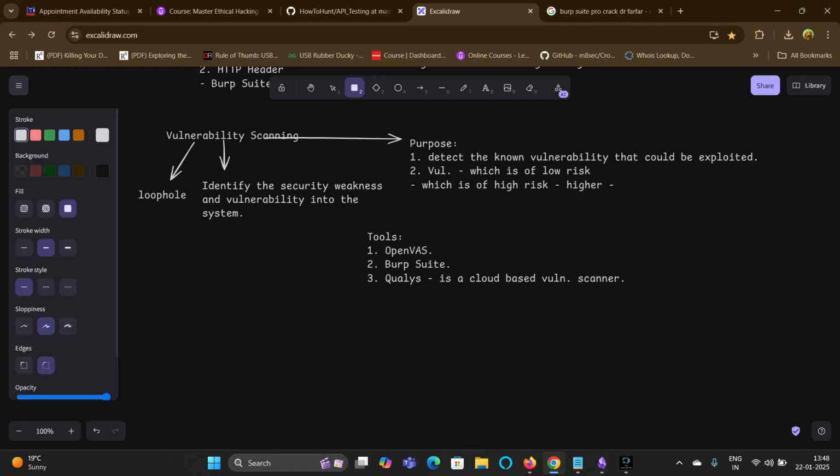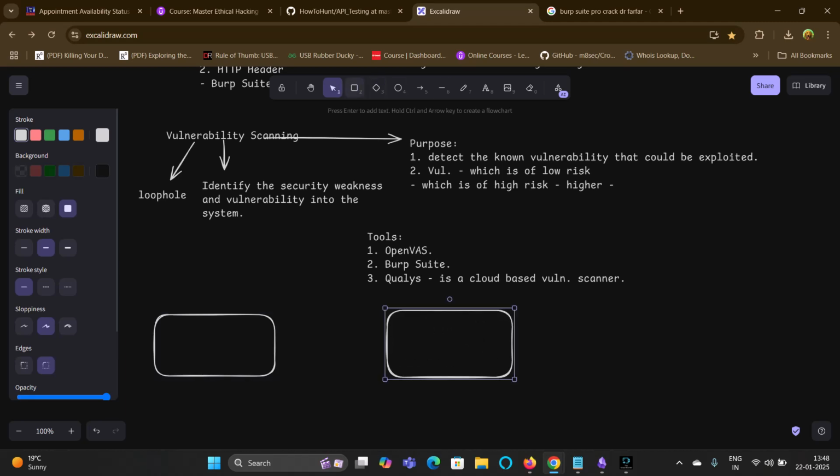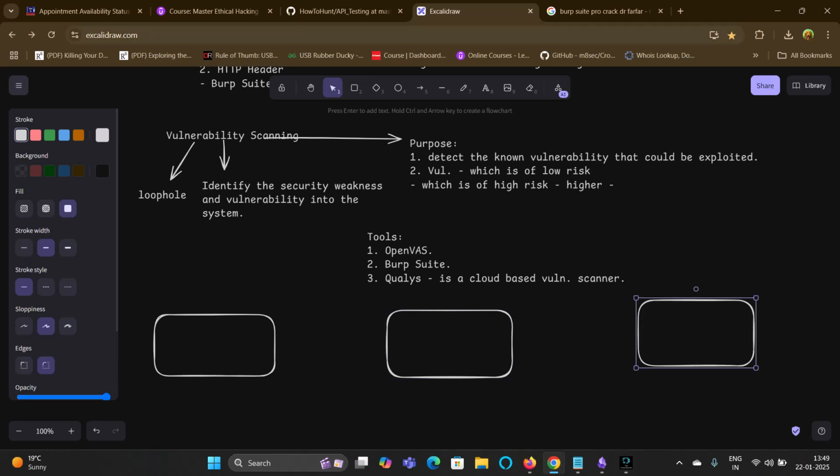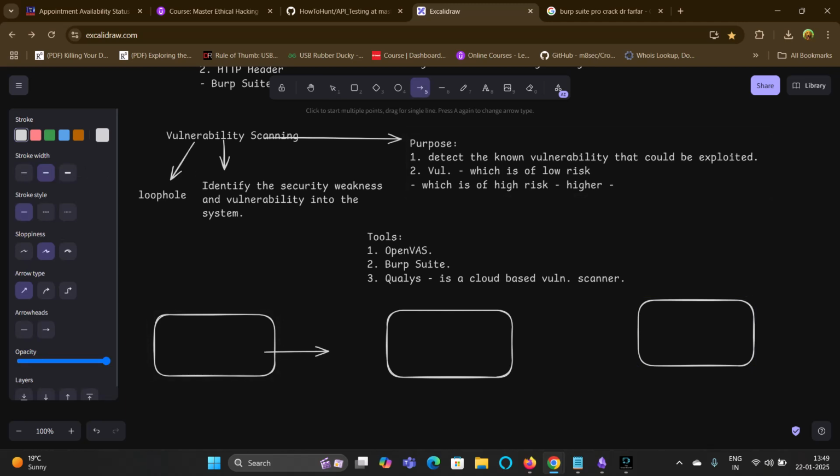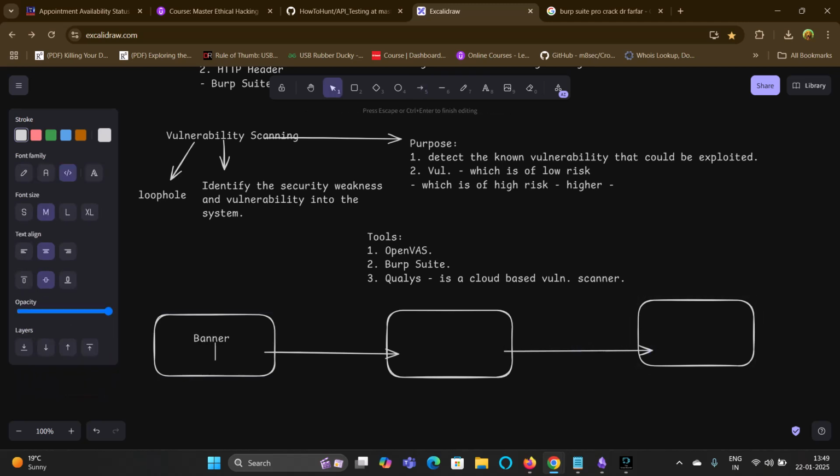Let's say this is our banner grabbing. Next comes version detection. Then moving on further, we have vulnerability scanning, right? Now we are going to connect them. All three of them are connected. Let me write here: banner grabbing, next is version detection, another is